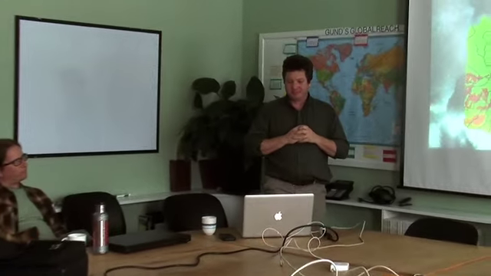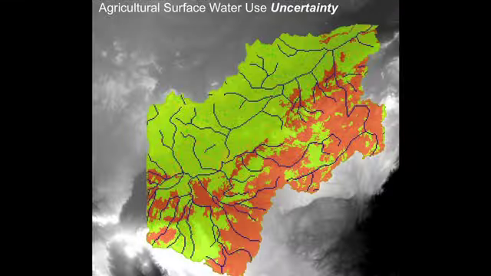Actually, every map he's shown you so far has an associated uncertainty layer. So the maps he's shown you are actually the mean values in each pixel, because every pixel on every one of those maps has a distribution inside it. So he's showing you the means, and then this is a variance map, per pixel. It's just showing the other side of the coin, just a different way of viewing. I'm not giving you a legend on any of these. Yeah, so what actually are the colors? Is it agricultural surface? The one before?